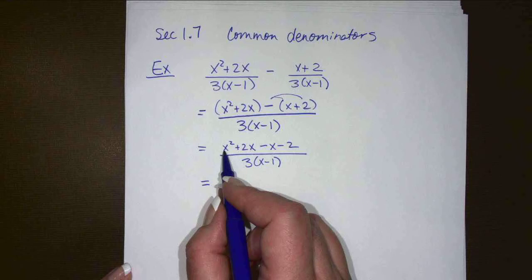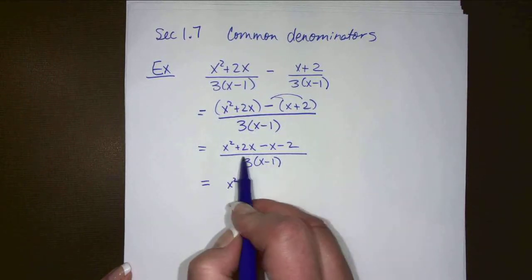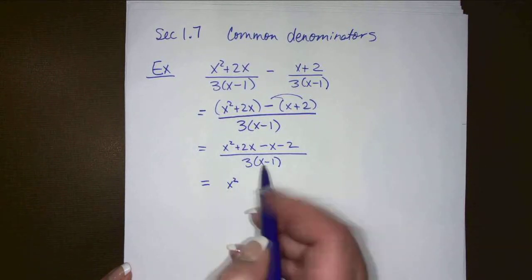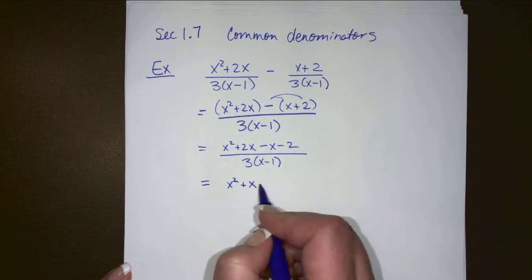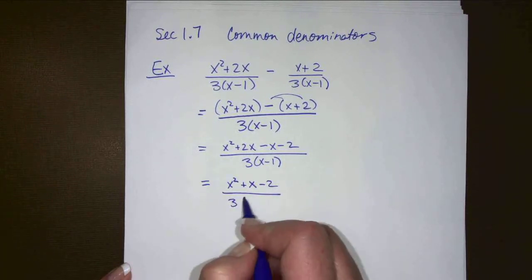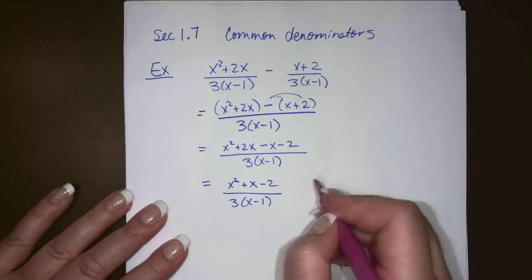So collect like terms. There's only one x squared. There's no other x squared, so just x squared. There's a 2x minus x, so just x. And then a minus 2. And we may be done at this point if the top doesn't factor. But the top might factor because it does have an x squared, so we would try that. So if we try to factor the top,